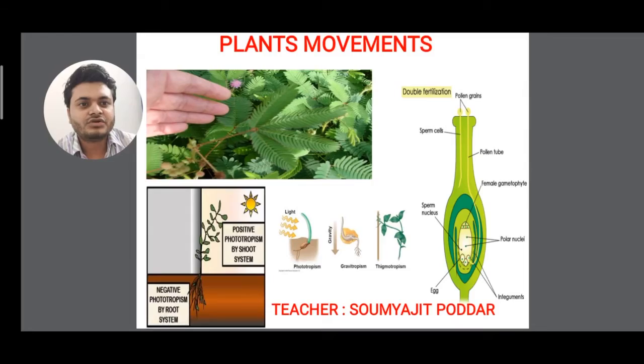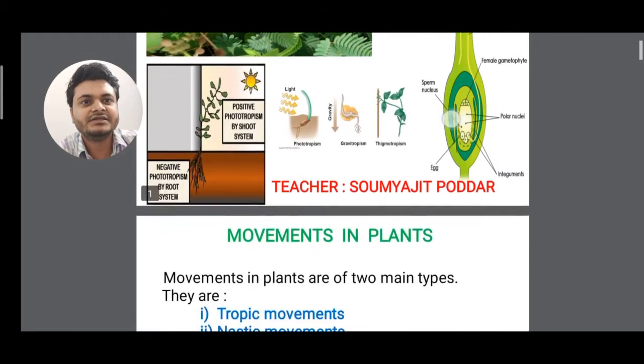Today I am here to deliver my lecture on the topic plant movements. Here I'll discuss how plants move by different methods. So without any delay, let's start with the topic plant movements. So let's start. Autotrophic, geotrophic, thigmotrophic, chemotrophic. We'll come to this all one by one. So let's proceed with the next slide.